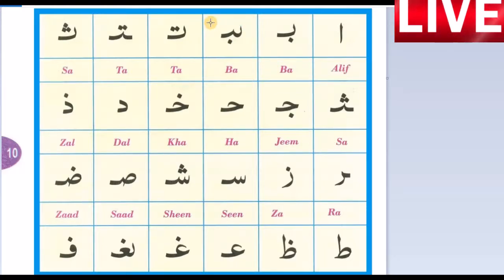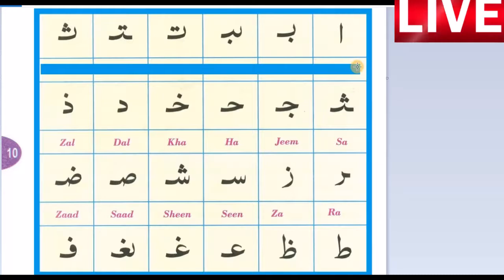Here in this lesson you will learn, suppose this is ba, it will look like this if it connects with other letters. If ba connects in the middle of two letters, it will look like this. If ta connects in the middle of two letters, it will look like this. So it's just for your understanding to recognize the letters most accurately. I will hide the English version of the letters so